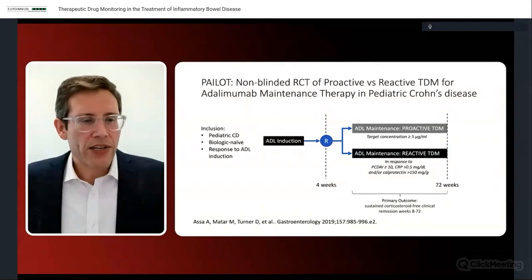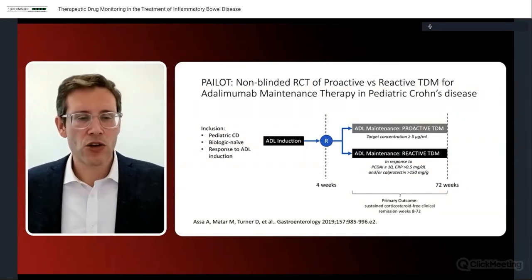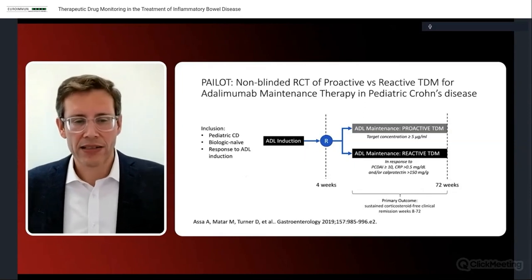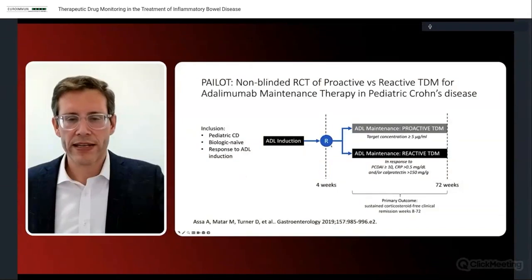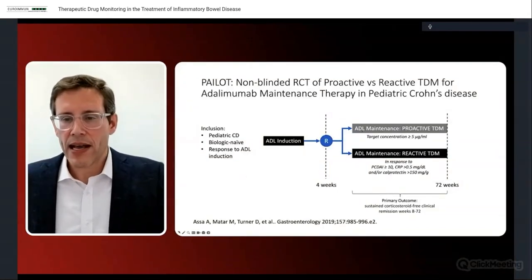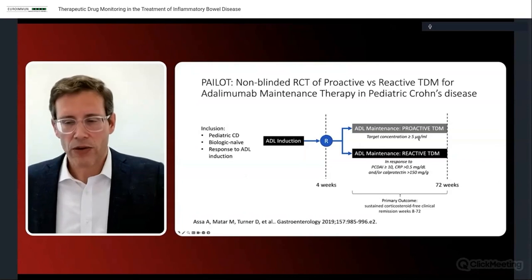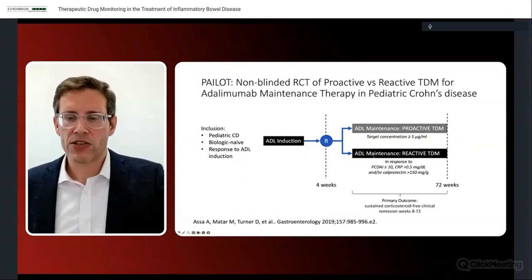So this included pediatric patients with Crohn's disease who were biologic naive and who exhibited response to adalimumab induction therapy. So then if they exhibited response at 4 weeks, they were randomized to either adalimumab maintenance with proactive TDM, where they targeted a concentration greater than or equal to 5 micrograms per ml,